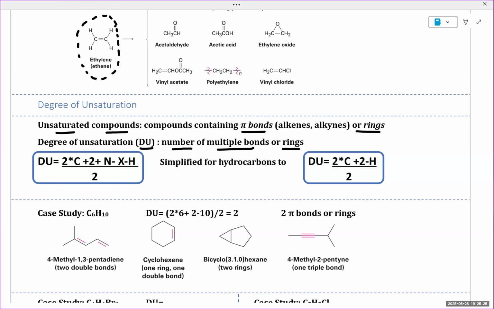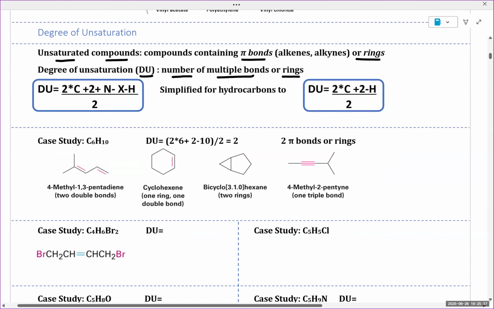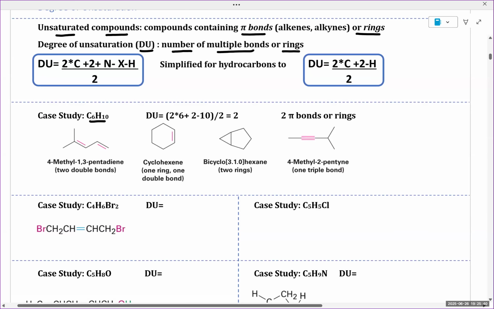Again, when we calculate Du, we're calculating the total number of pi bonds or rings in your given structure for a given formula. For example, if we had the formula C6H10, that gives a Du of 2 times 6 plus 2 minus 10, over 2, which gives us a Du value of 2, which tells us we have 2 pi bonds or rings. This can be accomplished, and if we wanted to draw a reasonable structure for this formula, one example would be